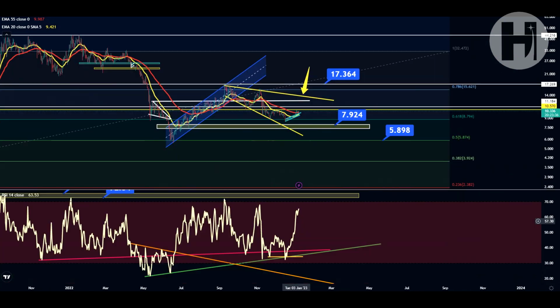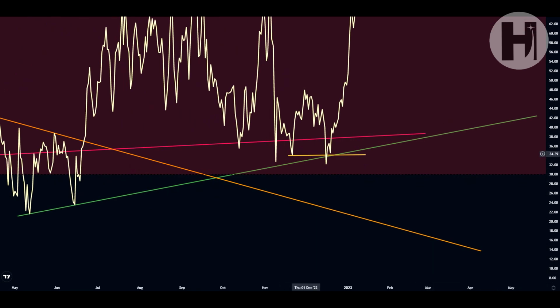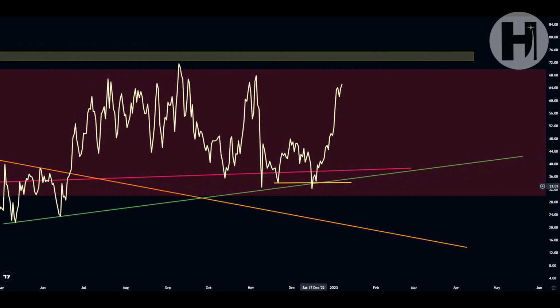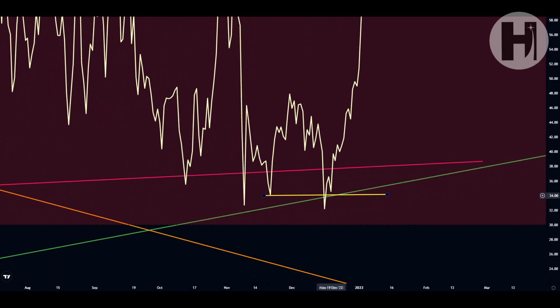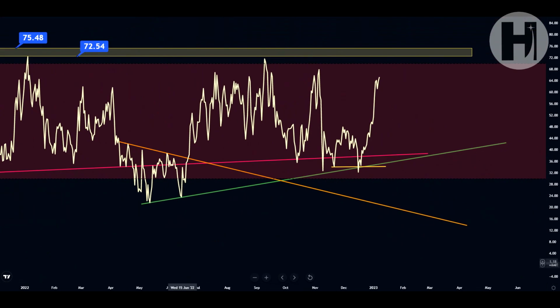Now, jumping into the daily RSI, let's see what's going on here. So I did show this yellow support trend line in the last video, but we did manage to break below that, or that wasn't actually in the last video, but I think 2 weeks ago, we did have a little wick below that, and then we had sort of a back test of support of that area, as you can see where the yellow trend line crosses with the green support trend line. And for those of you who don't know, the green support trend line is something that we have been targeting since May. We had another retest in June. We almost touched it here in November,